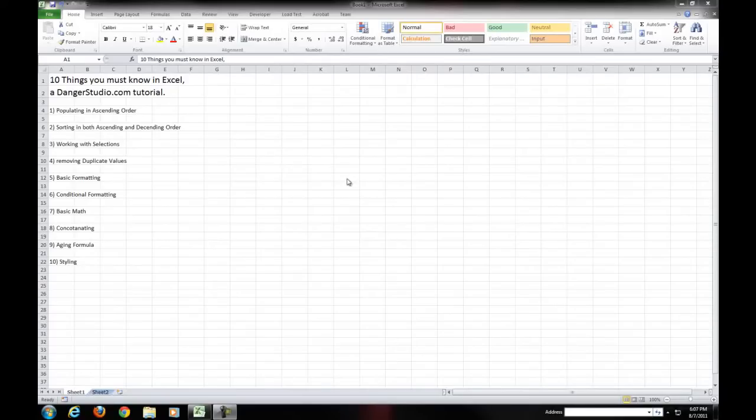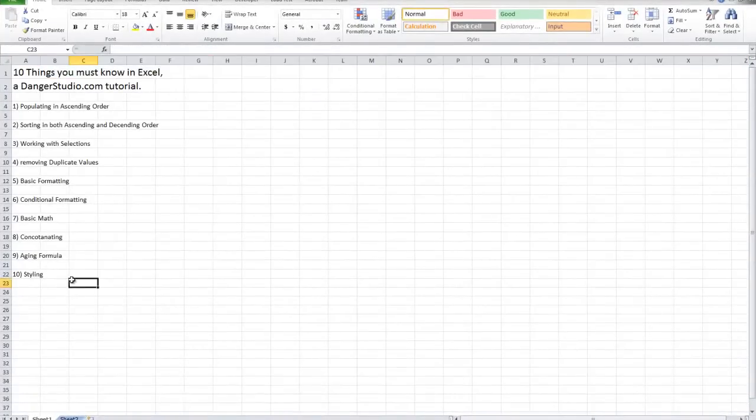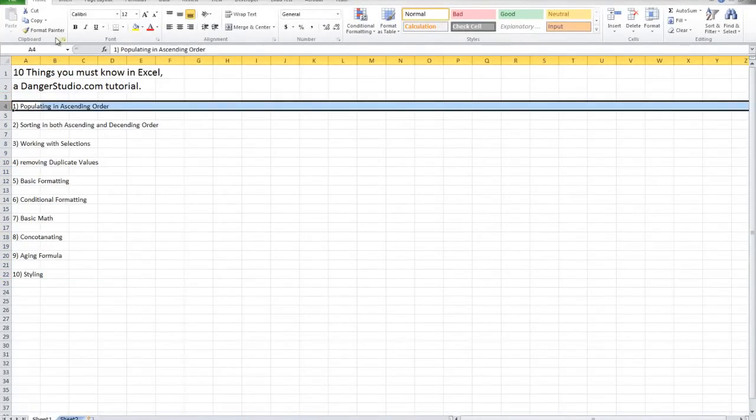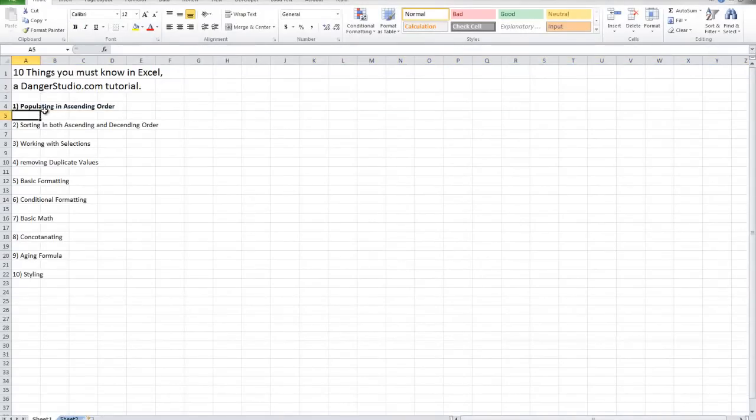Excel is a powerful tool used all over the world. It's great and it's really easy if you know what you're doing. So let me get started with the first thing I want to show you guys, and that's going to be populating in ascending order. What populating in ascending order means is that, let me hop over to sheet number 2